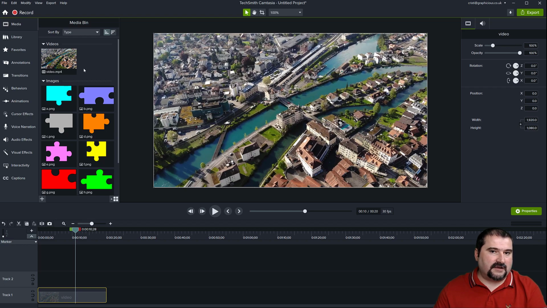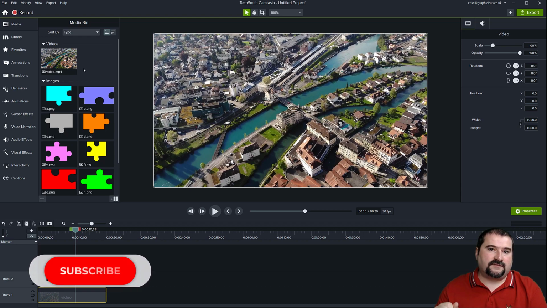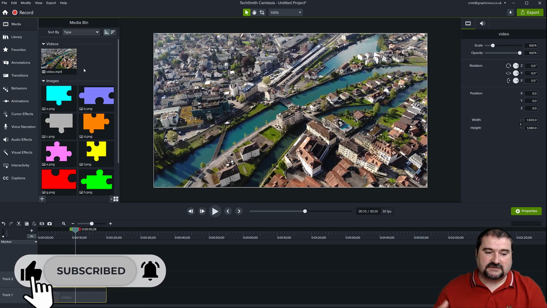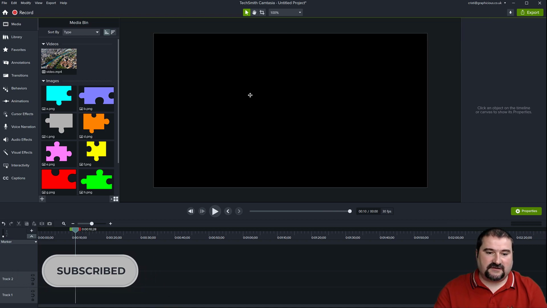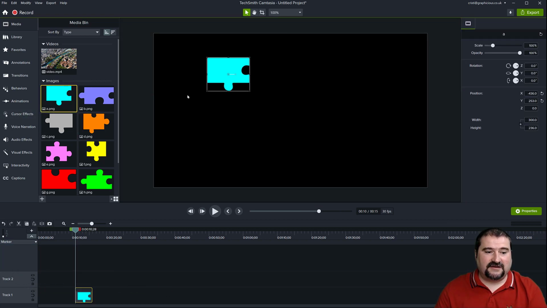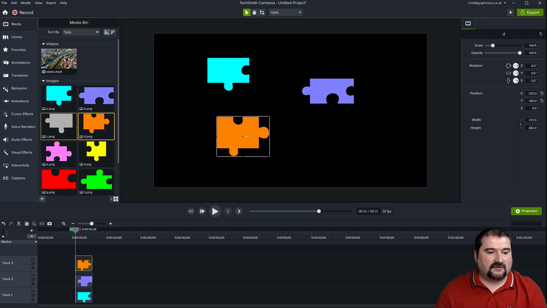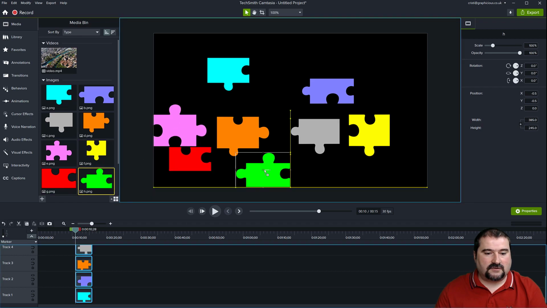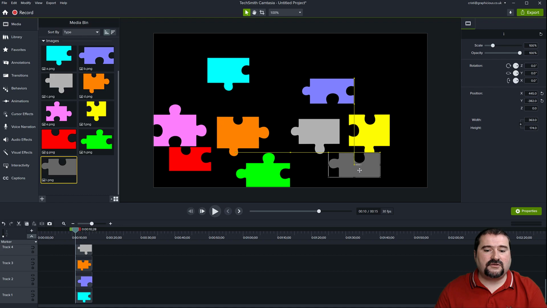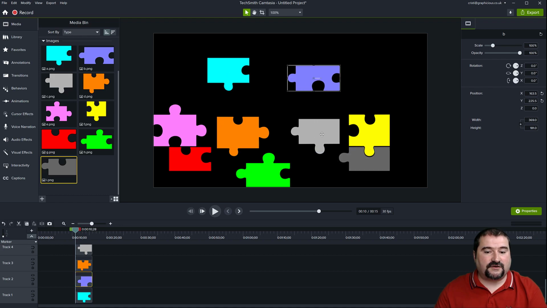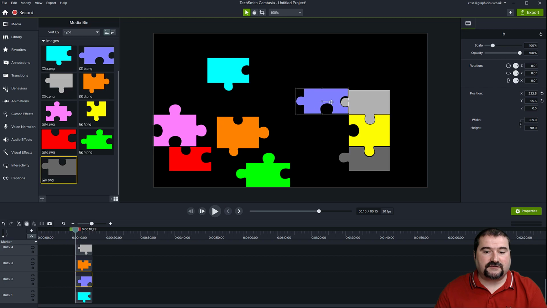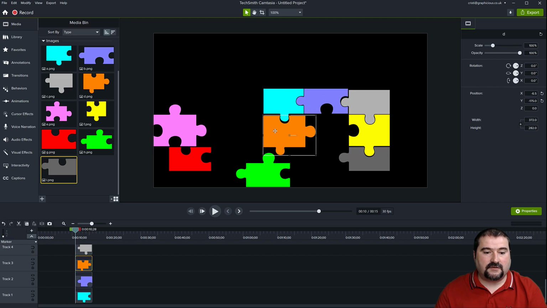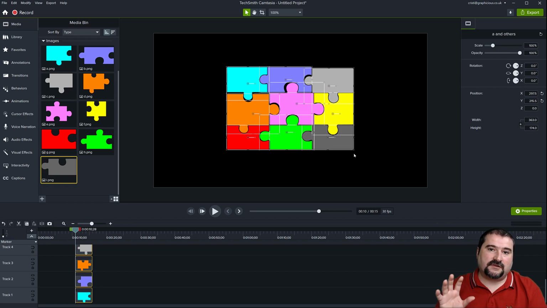The principle behind this whole idea is that you must think of the final design first. So what I mean by this is you need to delete this video for now and assemble your video on the timeline as if you were playing puzzle when you were a kid. Anyway, so you need to build your puzzle on the canvas first. So yeah, of course, you do the corners first. Yeah, I'm not good at puzzles so much, but anyway, this is the idea. You must first assemble the puzzle on your canvas to start with, right?